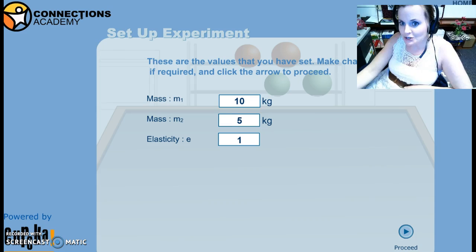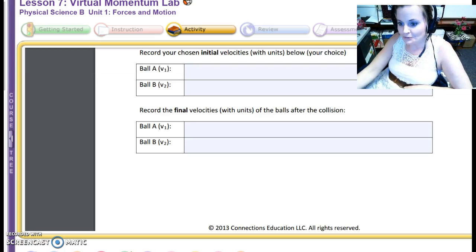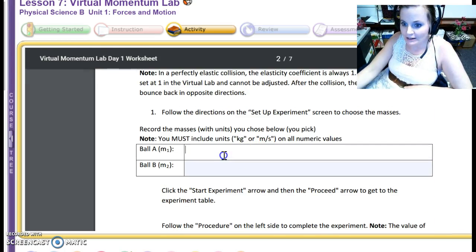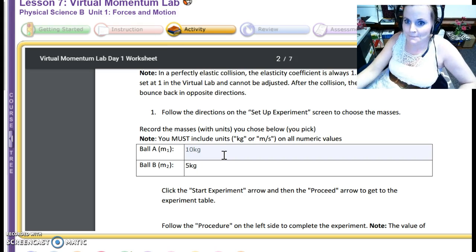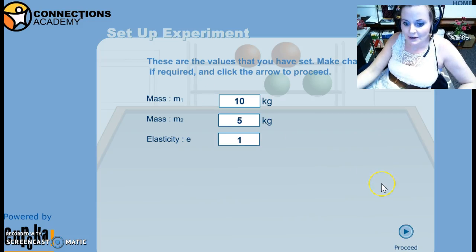Before I do that, I want to make sure that I write my information down so I don't forget. So I'm putting down my initial mass of ball 1 as 10 kilograms, and ball 2 is 5 kilograms. Okay, then we're going to go back here,